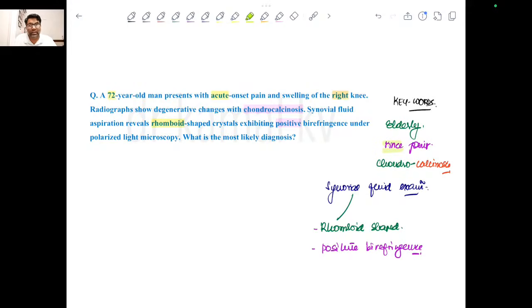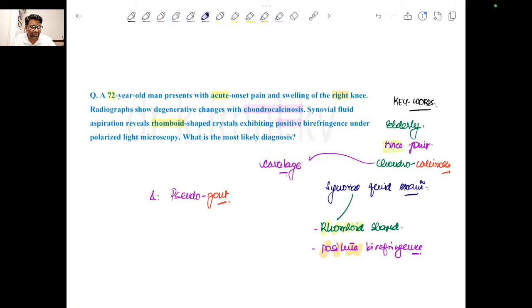Knee joint involvement. Number 2, chondrocalcinosis. Now chondro is what? Chondro means cartilage. So there is calcification in the hyaline cartilage or fibrocartilage. So that is known as chondrocalcinosis. And then third, rhomboid shaped crystals. Fourth, positive birefringence. And yes, this is very classical for pseudo gout. Okay. So this is pseudo gout, which is also known as